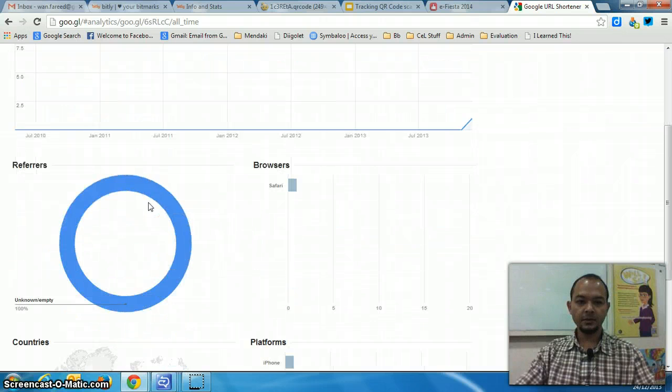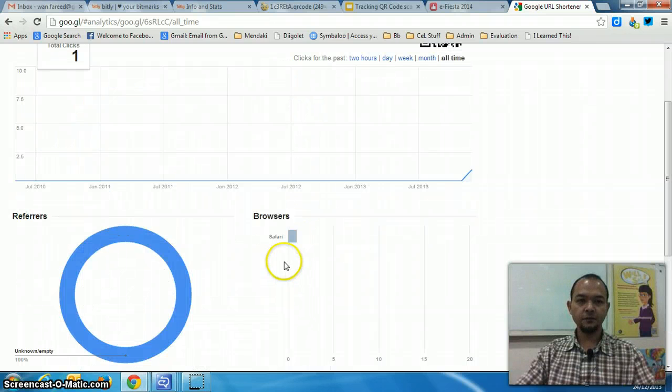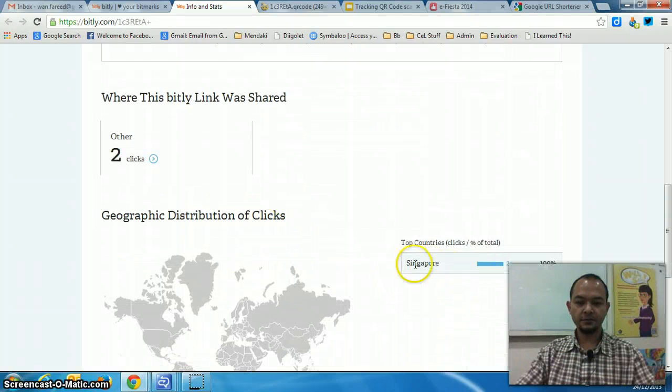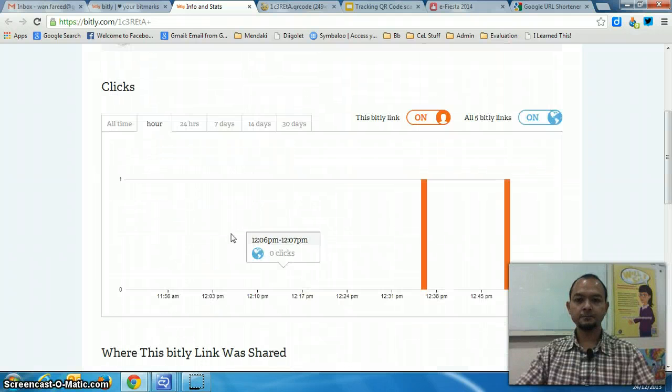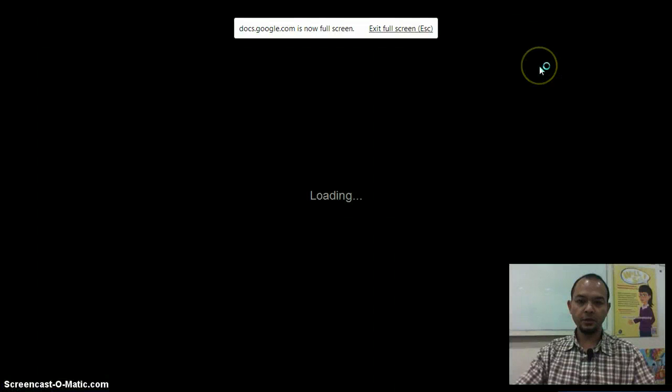If you scroll down, you can see it gives you other information, like the kind of browser that I use and the platform. Likewise for Bitly, it has other information as well, like where the clicks came from, the number of clicks, and so on and so forth. But something you really need to take note of when you are doing this